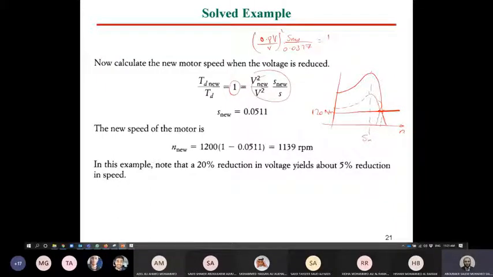Is it clear? After getting S new, you can substitute in the machine speed. What will be the value of NS? Is it different or constant? NS is the same. Why is it the same? What is the relation of NS? NS equals